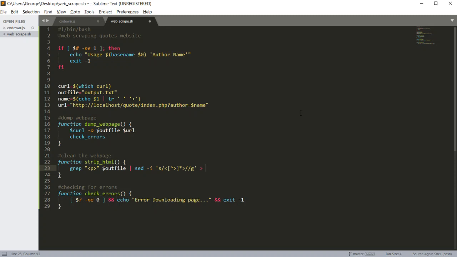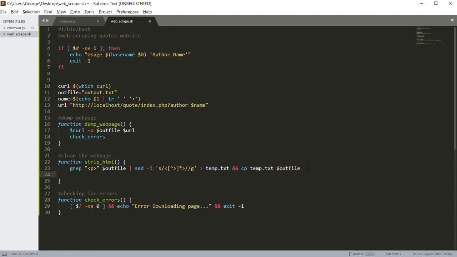I'm going to pipe this into temp.txt, and I'm going to copy temp.txt to alpha. So I'm only left with one file. And next, I want to,